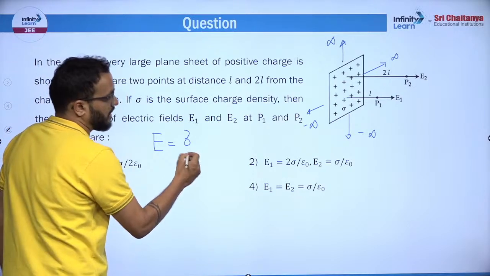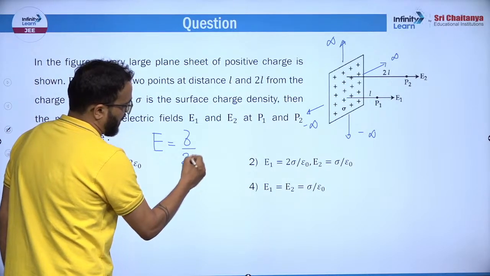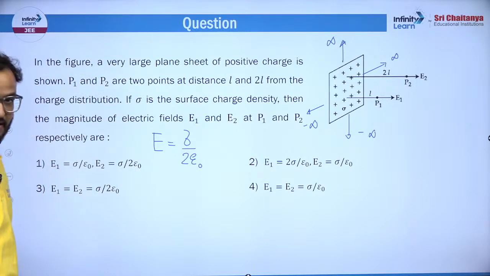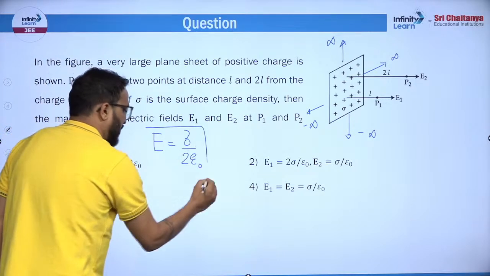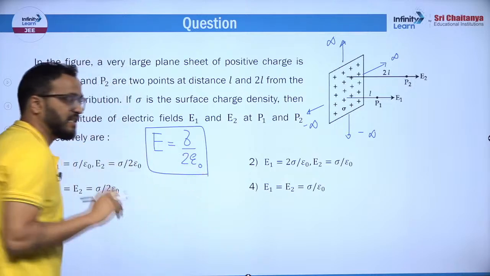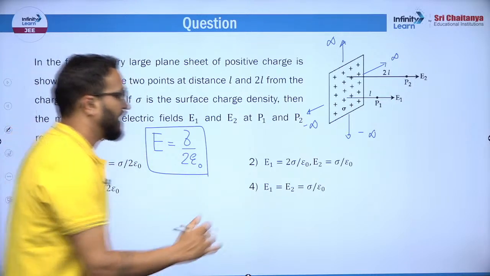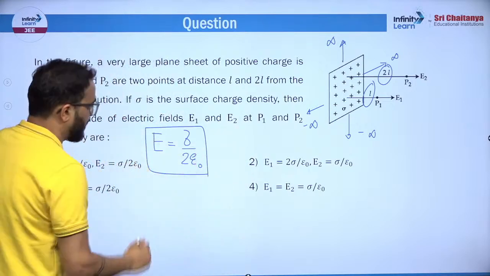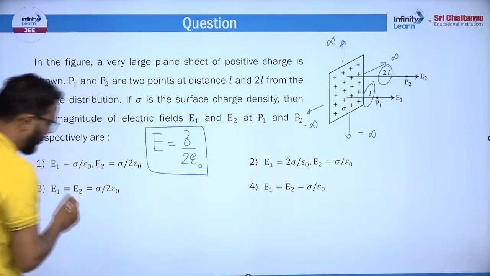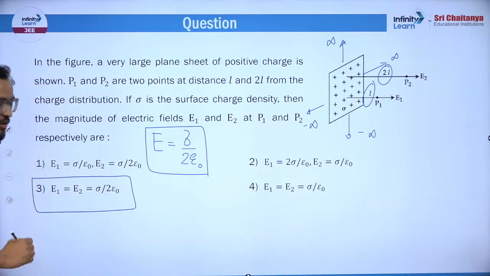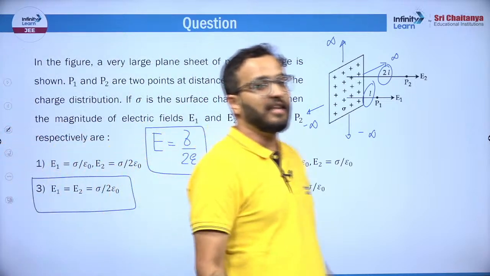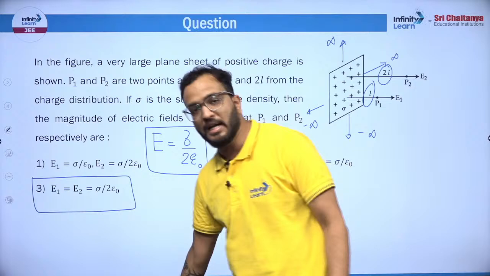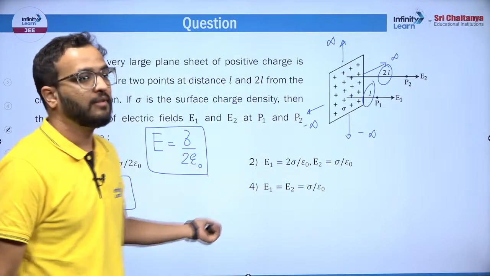You will say, sir, it is sigma by 2 epsilon naught for a thin sheet, and if you take a plate it will be sigma by epsilon naught, right? Anyways, अब ये कहीं x या r पे डिपेंड कर रहा है? नहीं। क्या ये लेंथ l या 2l कहीं आ रहा है इस फॉर्मूले में? नहीं आ रहा है, मतलब ये कांस्टेंट है। अगर ये कांस्टेंट है तो कौन सा ऑप्शन सही है? थर्ड ऑप्शन सही हुआ ना, E1 और E2 बराबर होंगे, और वो सिग्मा बाय 2 एप्सिलॉन नॉट के बराबर होंगे। केस क्लोज्ड, डन।